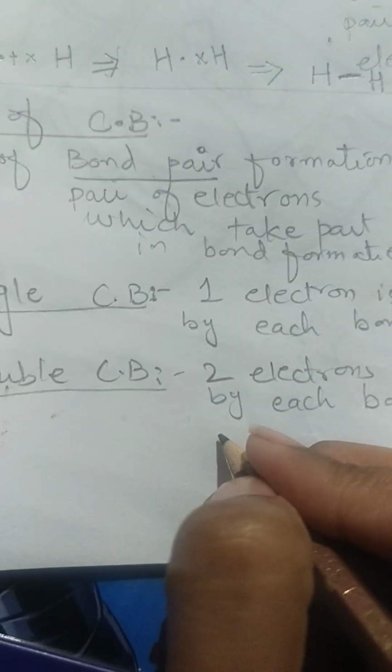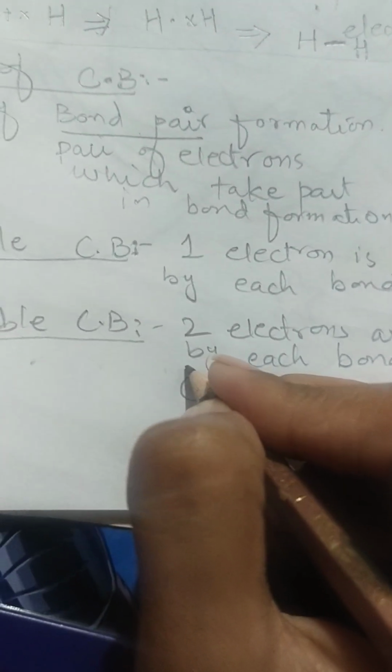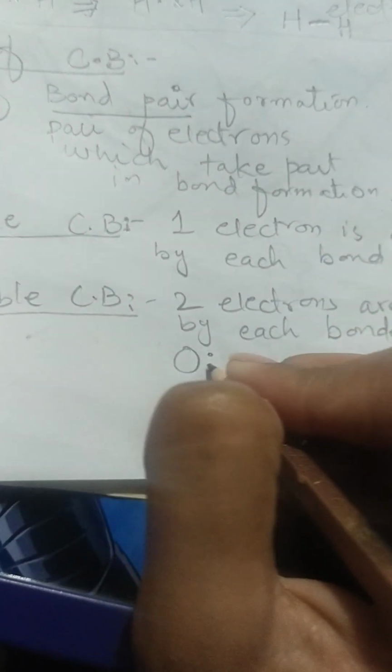Here we will discuss the example of oxygen. Oxygen has 6 electrons in its valence shell,